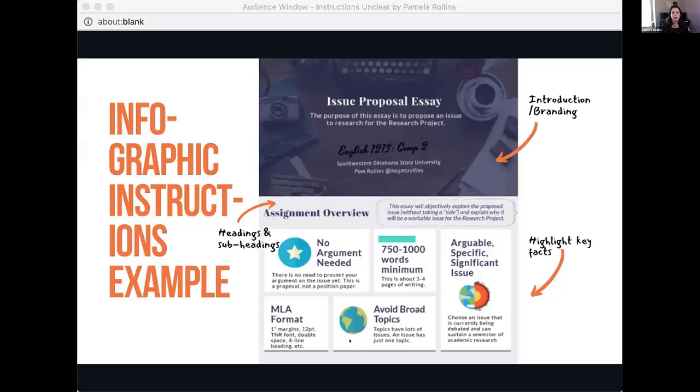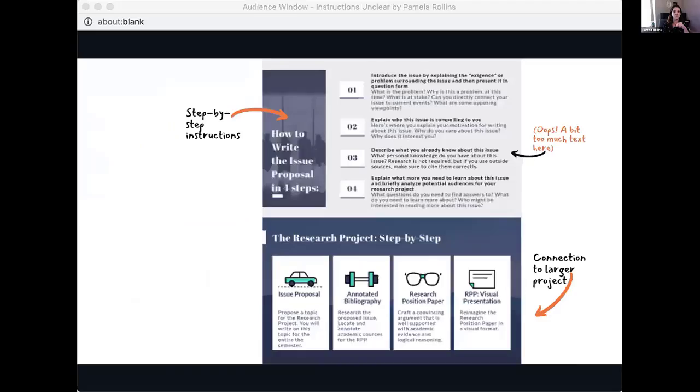Here, I've started with the chunking, and this is where, in this particular instance, I highlight a lot of information that students seem to miss, and that is also very important to the assignment. And this is where the F pattern really starts to shine. Another point and organizational tip would be your headings and subheadings, using that to help guide the reader. We do pay attention to those headings and subheadings as web readers, so use that to your advantage.